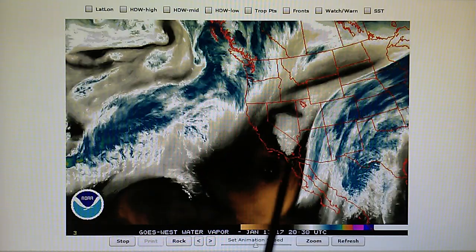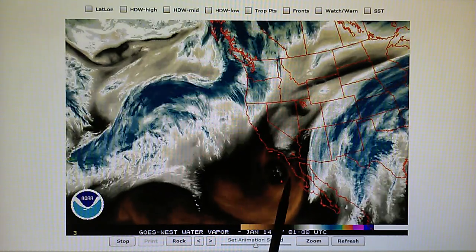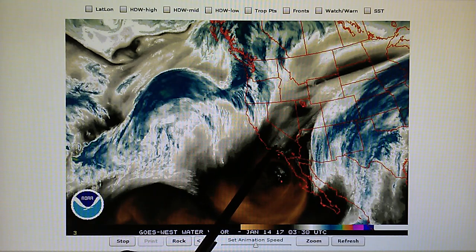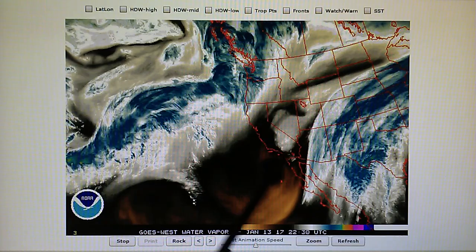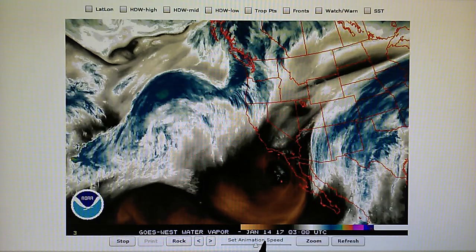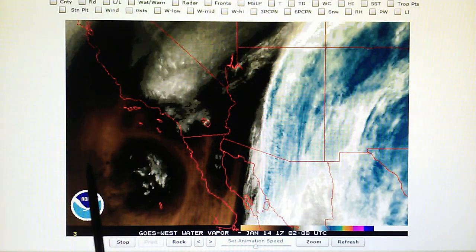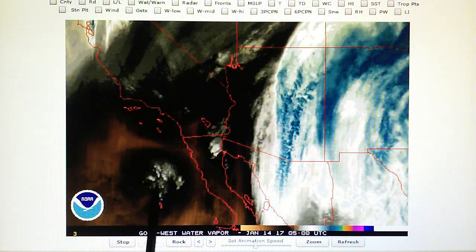This is a mid and upper level low spinning just south of Southern California right here. This should be developing into a large rainmaker. We can see that the back side of this system is actually developing just partially right here over Southern California as this circulation pattern wraps around. But there is a transmitter on top of this system, and if we take a look at the southwest water vapor map, we can see that there is some development here around the back side. Other than that, this entire low pressure system has a transmitter on it,